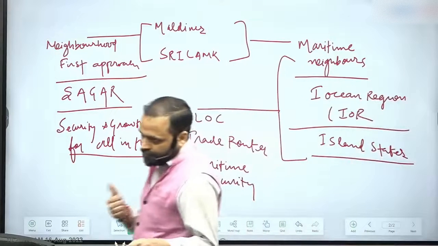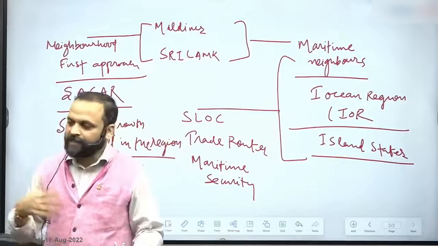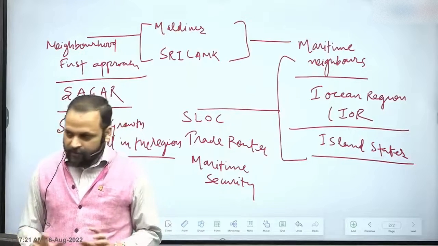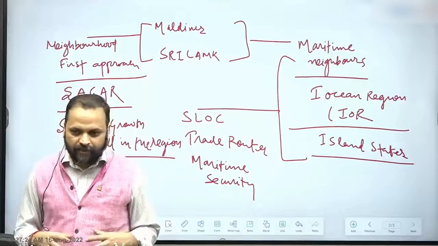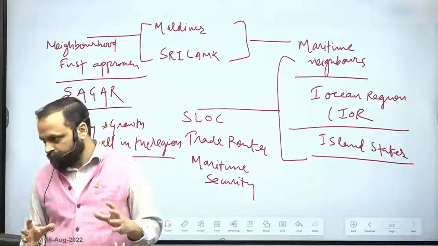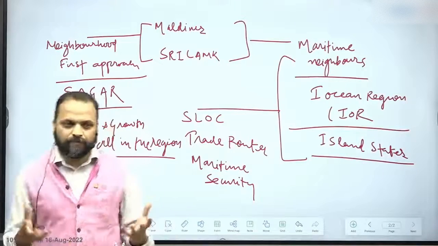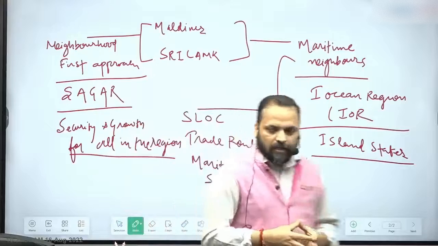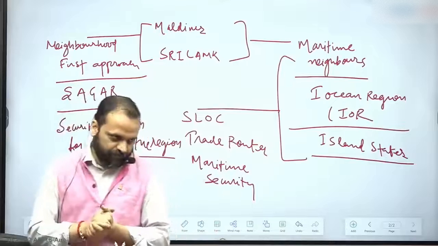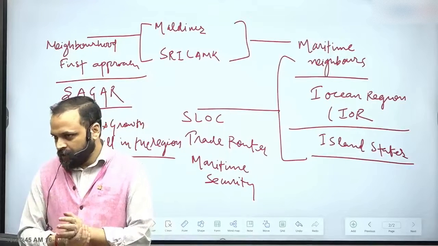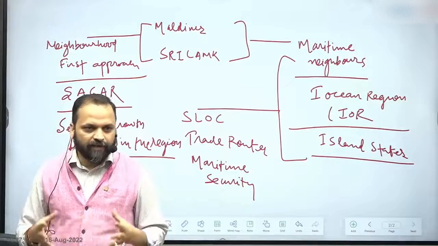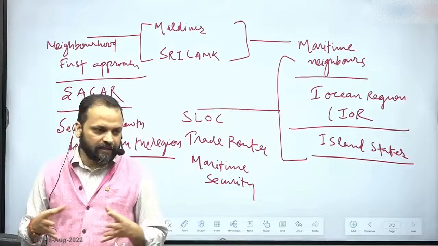So understand, geographically, countries focus on two planks. One is continent, another is oceans. Traditionally in India's foreign policy, the continental side was more important because that is where our most important problems came from, Pakistan and China. So land focus was more. Now, increasingly globally, maritime domain is becoming important. Countries have capability to define their interests beyond their region. India also, as it grows, would define its interests beyond its own immediate region.